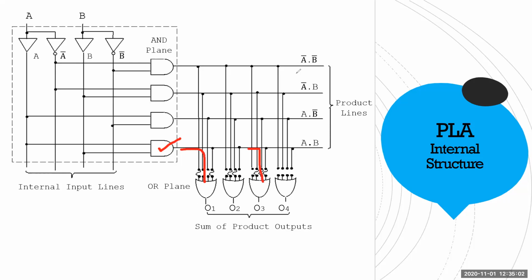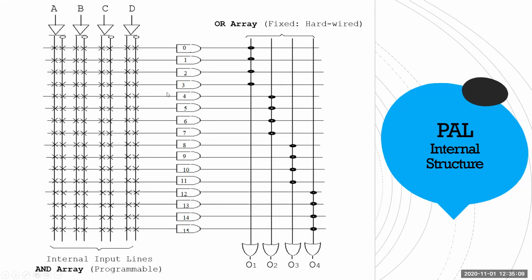Okay? What do I mean by that? You will see within 2 or 3 minutes. Here, these are the connections. If you have a connection, you will keep the cross. If you do not have a connection, you will remove the cross. Cross means connection is there. Now, by default, all the connections are there. That means all the fuses are connected. If you need the fuse, you keep the fuse. If you do not need it, you blow it. Got my point? Ideally, all the fuses are connected.